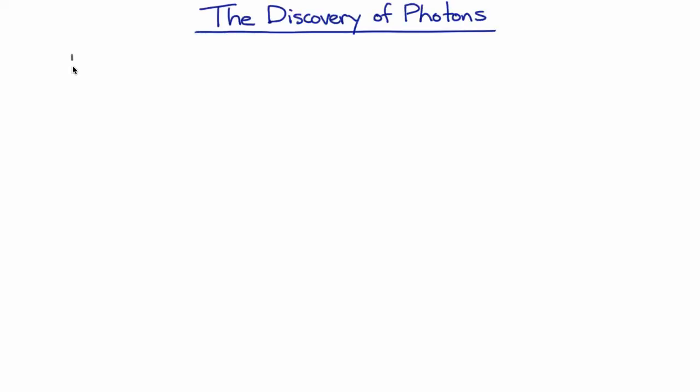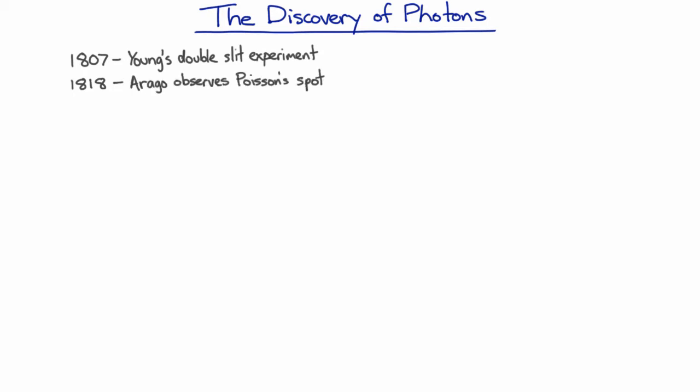In 1807, Young published his double-slit experiment for light. But it wasn't until about 1818, where Poisson's spot had been observed, that people really believed that light was indeed a wave. But it was nearly 50 years later that Maxwell combined the equations for electricity and magnetism together and discovered that there was a possibility of an electromagnetic wave that would propagate. And he also realized that that wave would propagate at the speed of light and made the large jump that maybe light was indeed an electromagnetic wave.